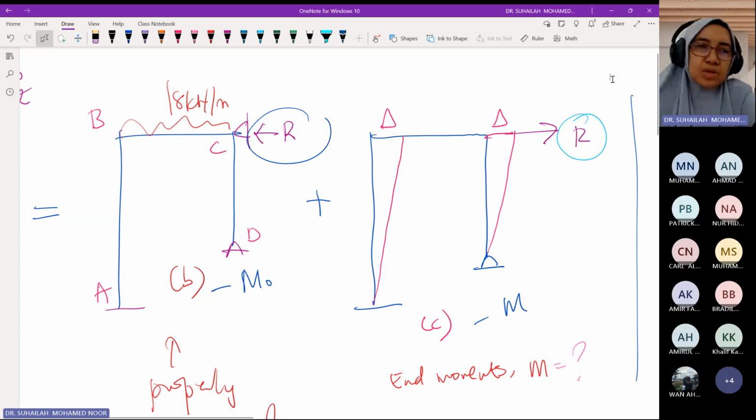Okay, to remove delta is by changing the condition from original to properly restrained by putting an imaginary support pin